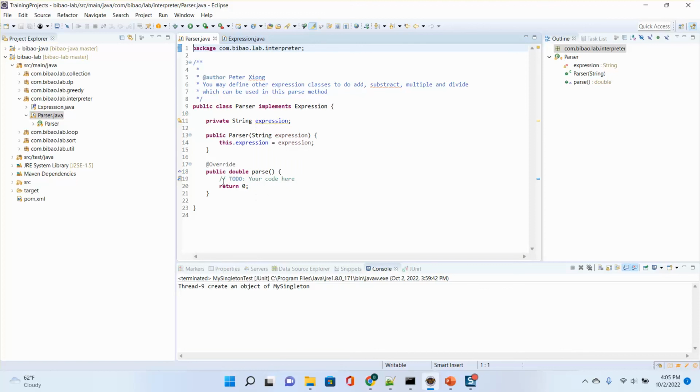And then the code is very similar to our recursive code, but it's not calling recursively. They just call different parsers. So if you have a plus sign, you can call the add parser. If you have